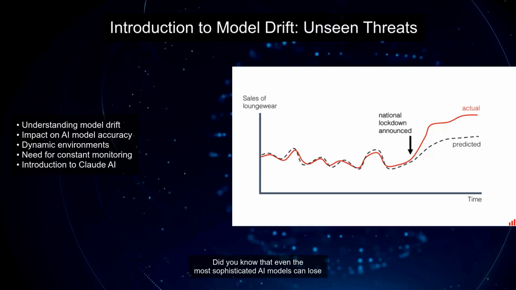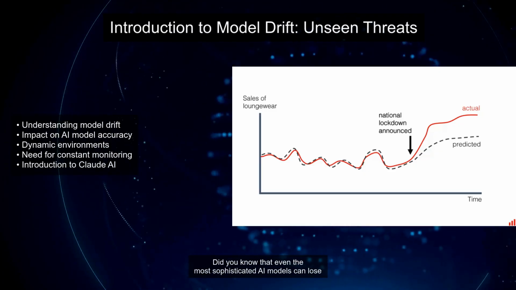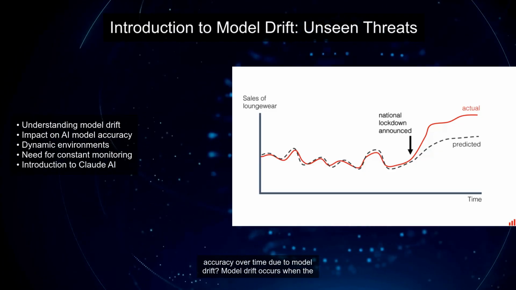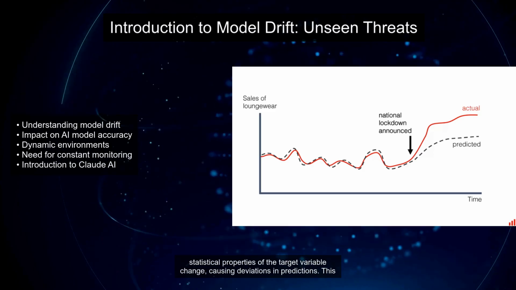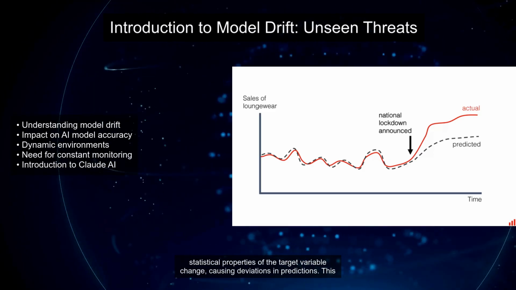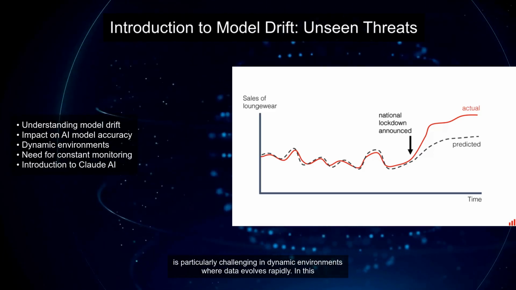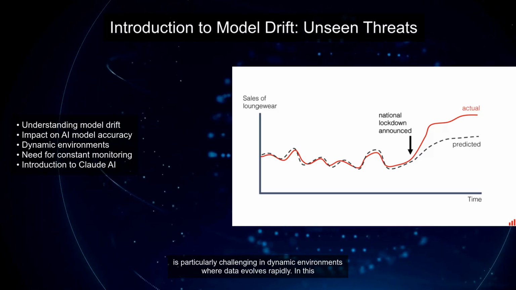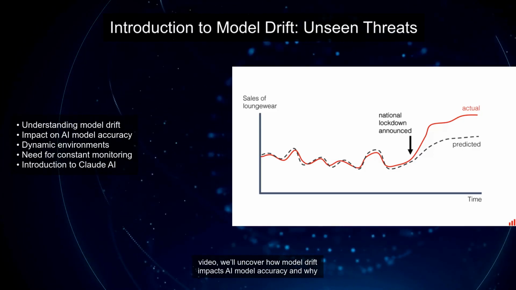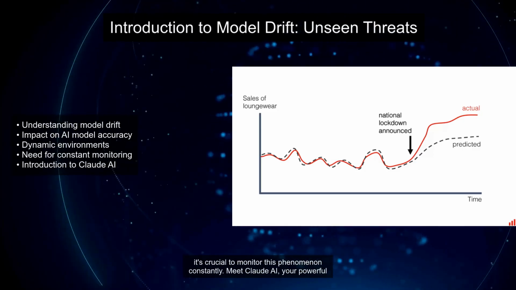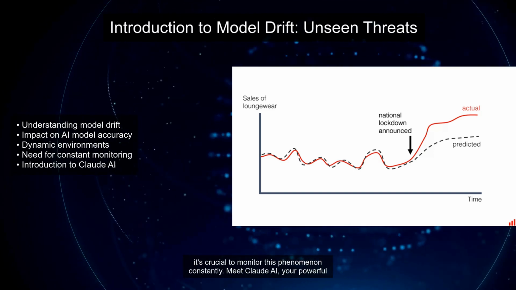Let's get started. Did you know that even the most sophisticated AI models can lose accuracy over time due to model drift? Model drift occurs when the statistical properties of the target variable change, causing deviations in predictions. This is particularly challenging in dynamic environments where data evolves rapidly. In this video, we'll uncover how model drift impacts AI model accuracy and why it's crucial to monitor this phenomenon